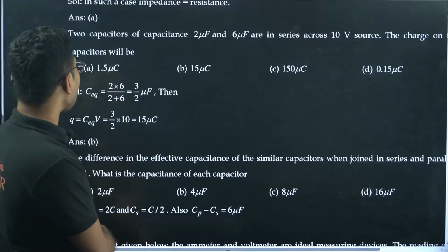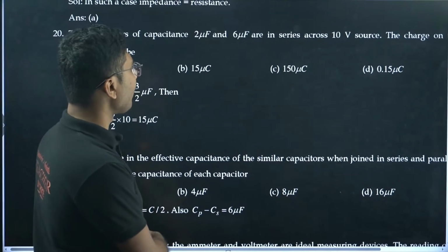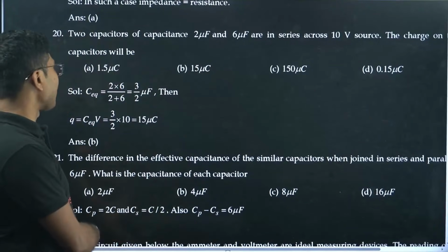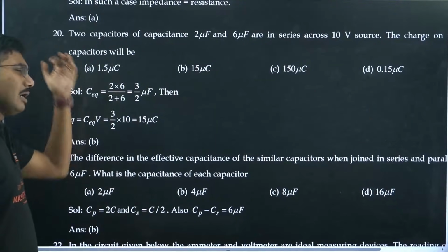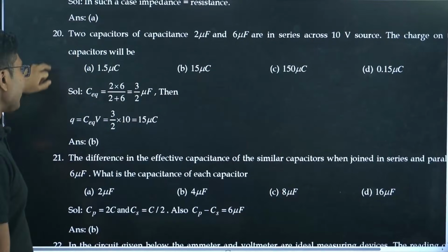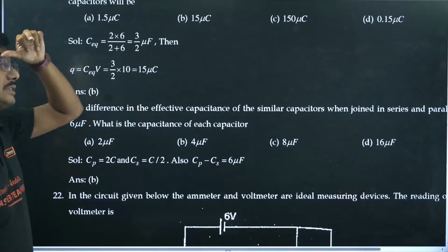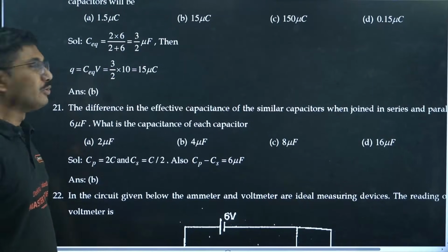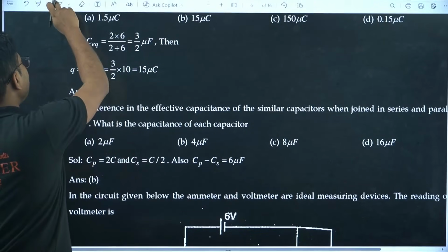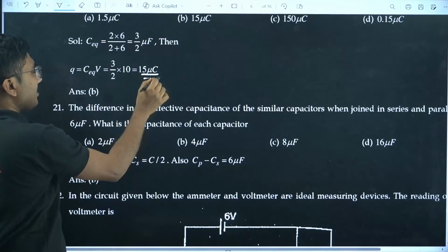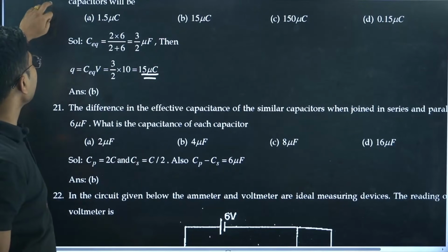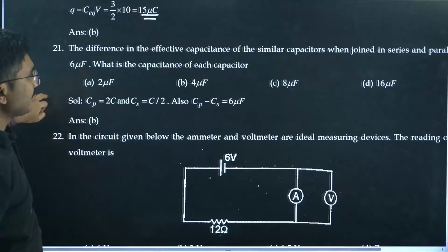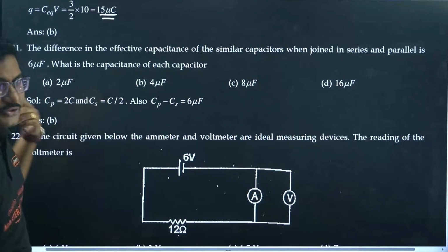Two capacitors of capacitance 2 microfarad and 6 microfarad are in series across a 10 volt source. The charge on the capacitors will be? Simply use the equivalent capacitance rules. Once you know the equivalent capacitance, the voltage is given in the question, just apply the equivalent capacitance and multiply, you will get the charge very easily, not super difficult. You will get 15 microcoulomb. Easy question, straightforward formula based question. Remember, if a combination of capacitance etc. is coming, always try to find the